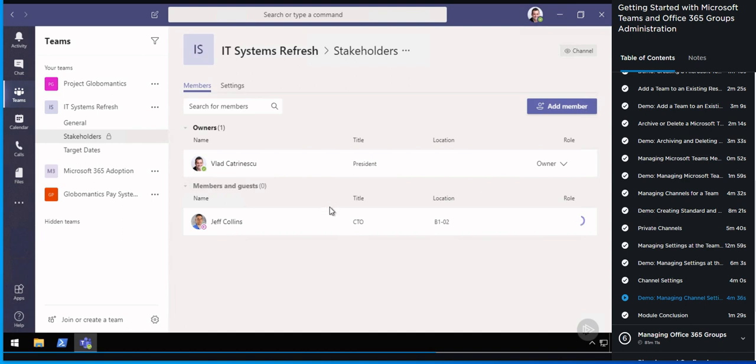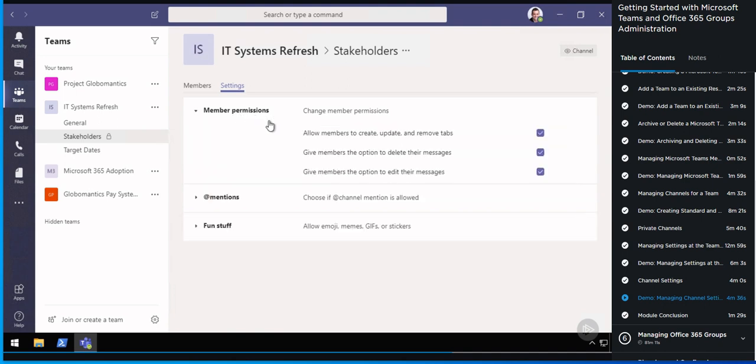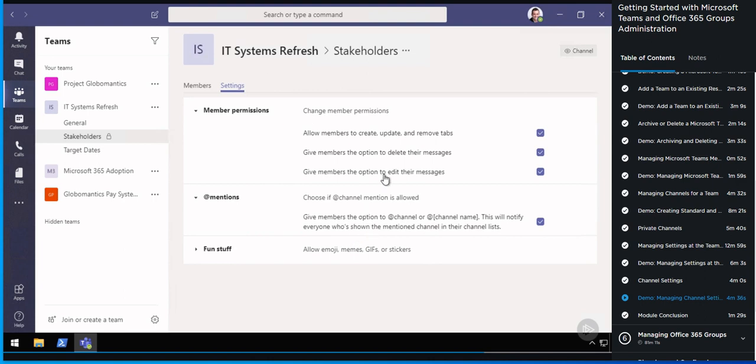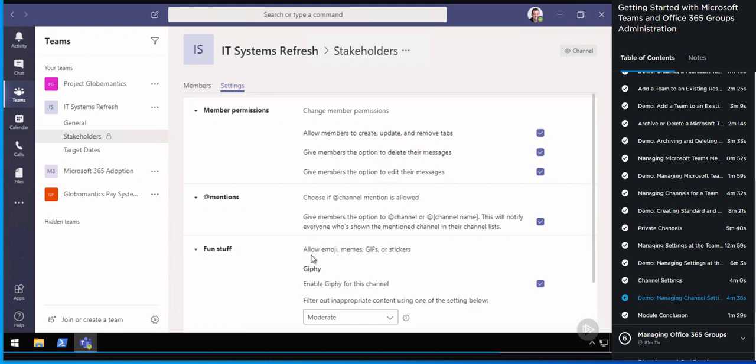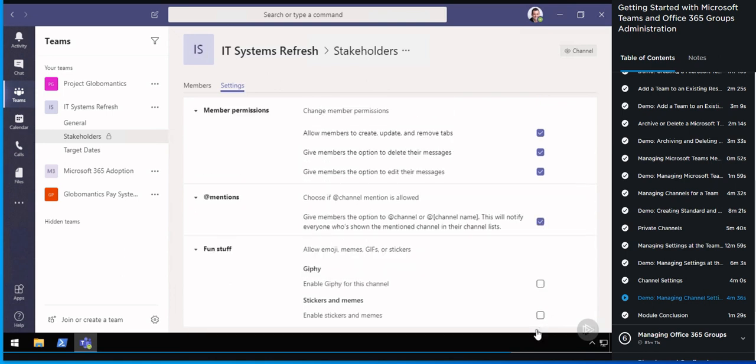And lastly, we have looked at the Microsoft Teams settings, which includes both settings at the team level as well as at the channel level. This is it for this module, in which we have covered all of the settings you can do as a team owner through the UI without even going in the admin interface. In the next two modules, it's time to really go in those admin centers and PowerShell commandlets and learn how to manage Office 365 groups and Microsoft Teams from the admin centers and